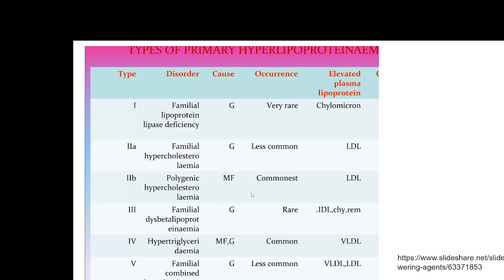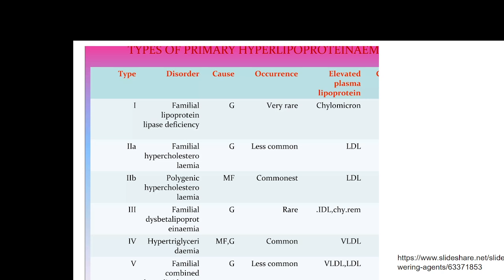Then polygenic hypercholesterolemia, which is the most common, where the causes are mainly dietary factors as well as genetic factors. Mainly it's related to diet and exercise, and there again the LDL will be raised. Then familial beta lipoproteinemia, where there will be lesser lipoproteins, which is also a genetic condition, a rare condition produced due to genetic factors, and the LDL as well as chylomicron would be increased. Then